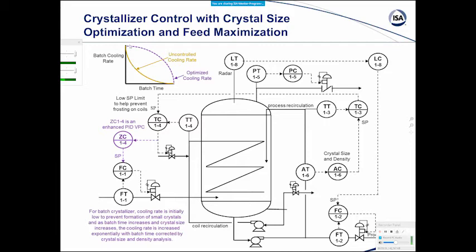And what we want in the beginning is much more gradual, so we can program that into the temperature controller so that we don't have these tiny crystals and frosting occurring. And really, as the crystals have formed and we just want to make them larger, we can go with higher cooling rates towards the end of the batch.